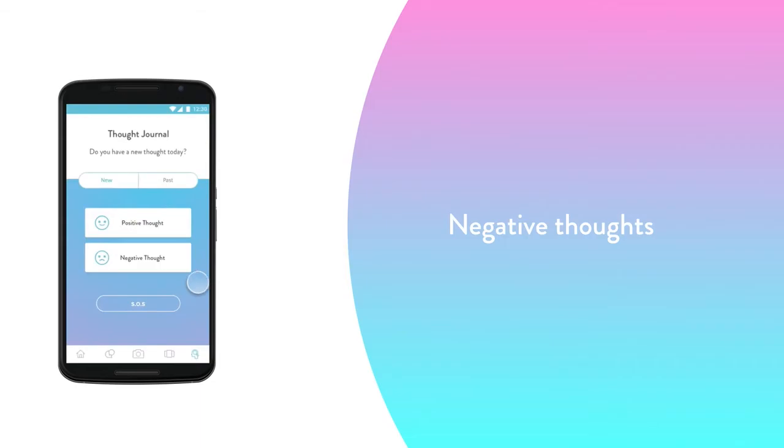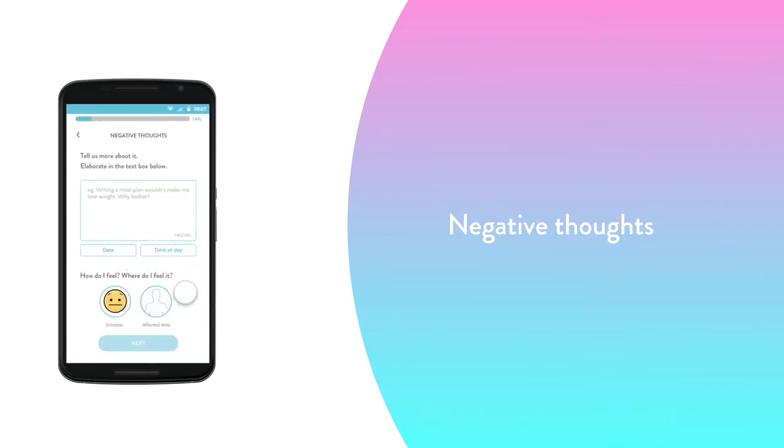Second, negative thoughts journaling is a digital version of the commonly used cognitive behavioral therapy worksheets that psychologists use to help users problem-solve specific challenges and obstacles and reframe thoughts that are self-defeating into thoughts that are more positively aligned